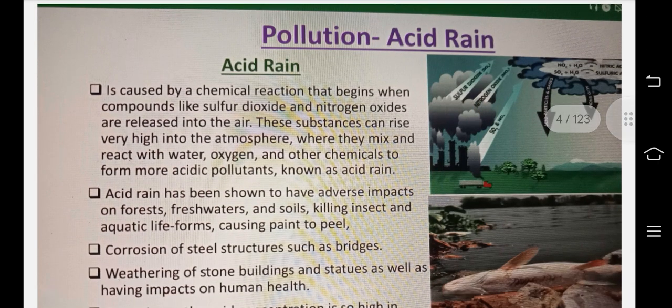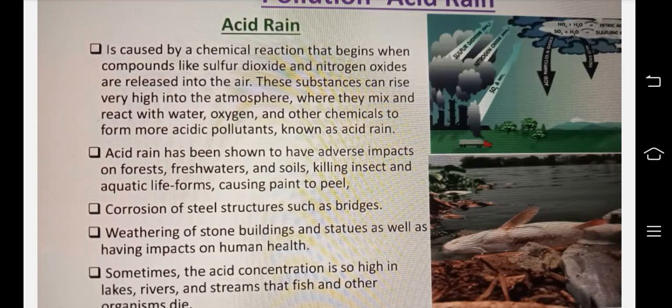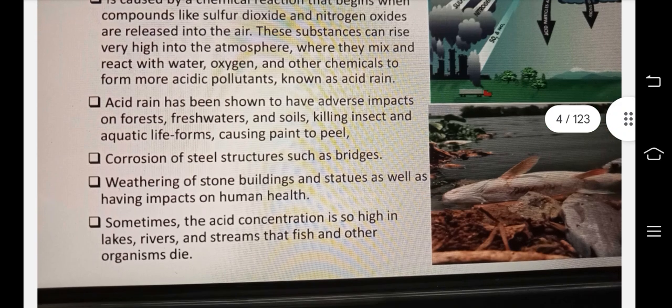Pollution: acid rain. Acid rain is caused by a chemical reaction that begins when compounds like sulfur dioxide and nitrogen oxide are released into the air. These substances can rise very high into the atmosphere where they mix and react with water, oxygen, and other chemicals to form more acidic pollutants known as acid rain. Acid rain has been shown to have adverse impacts on forests, freshwater, and soils, killing insects and aquatic life forms, causing paint to peel,